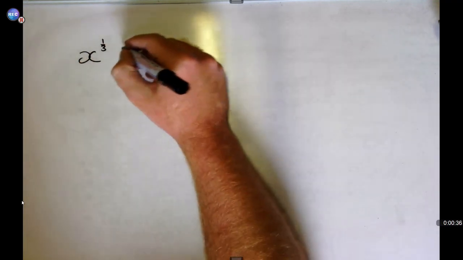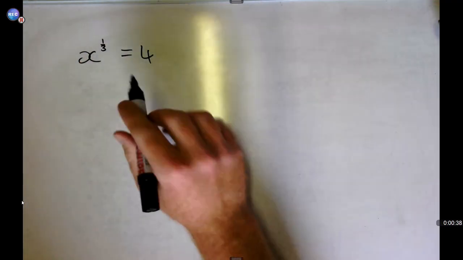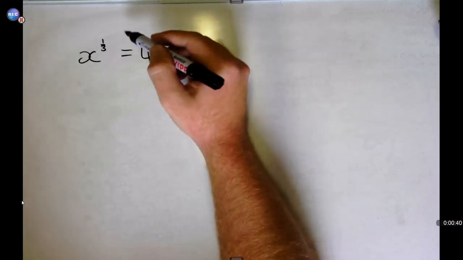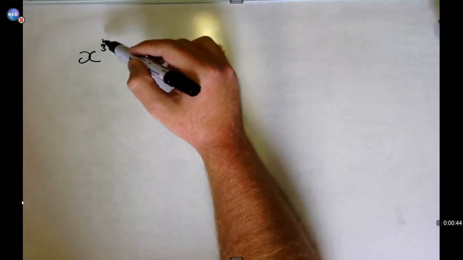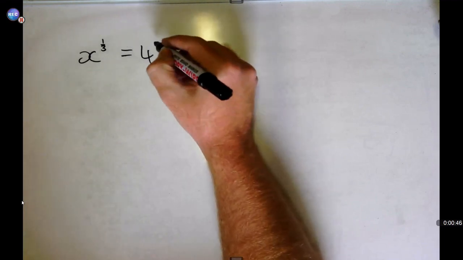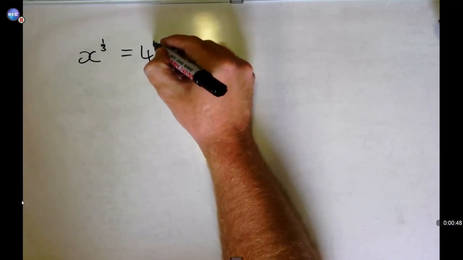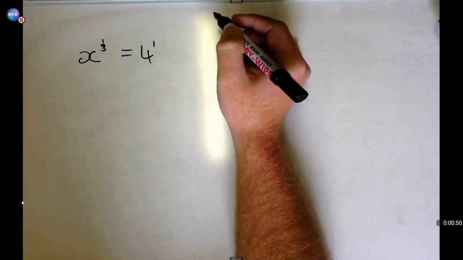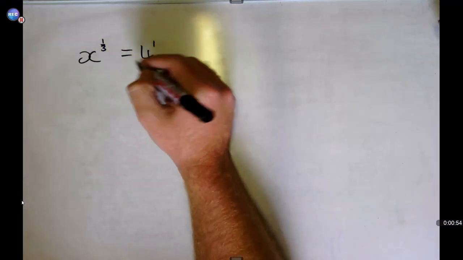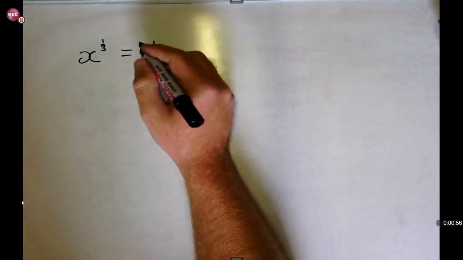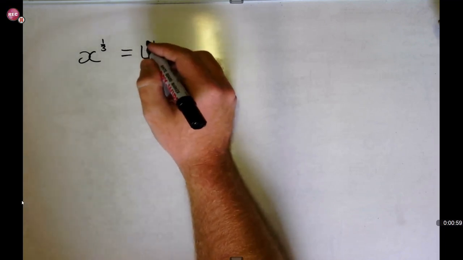So the first equation will be x to the power of a third equals 4. So the first thing that you would want to do here is to multiply with the reciprocal, okay? Because you do not want to work with a fraction. In that case, you also need to remember that if there's nothing written with the base, there's always a 1 as an exponent, to ensure that you do not forget to do the same that we've done on the left.